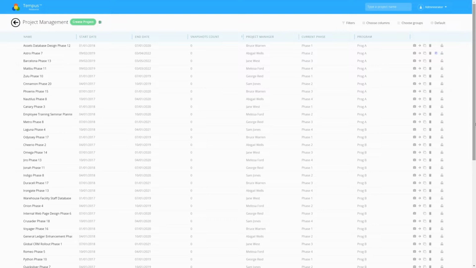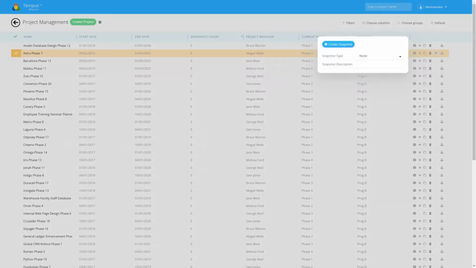In Tempus, snapshotting is much more elaborate. We capture both what is planned, actual, remaining, but we also capture the attributes, the financials, milestones, the team information, and additional information. So snapshotting can be done on a project-by-project basis. You don't even have to open a project to conduct a snapshot. From the project management screen, I can select one project, actually just highlight it, click on the snapshot icon, and